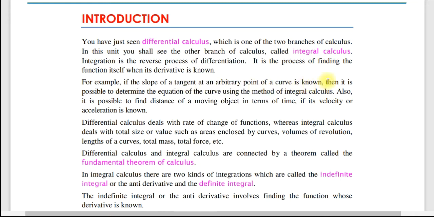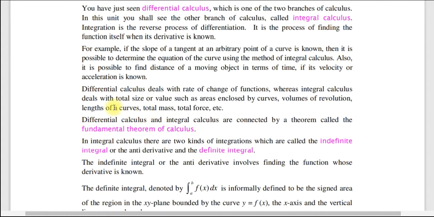For example, if the slope of a tangent at an arbitrary point of a curve is known, then it's possible to determine the equation of the curve using a method of integral calculus. Also, it's possible to find the distance of a moving object in terms of time if its velocity or acceleration is known. Okay, so differential calculus deals with the rate of change of a function, whereas integral calculus deals with the total size or value such as area enclosed by a curve, volume of revolution, length of a curve, total mass, total force, etc. Okay, እነዚህ ነገሮች ዲል ያደርጋል ማለት ነው ኢንተግራል ካልኩለስ። በዲፈረንሻል ካልኩለስ ግን ሬት ኦፍ ቻንጅ ኦፍ ፋንክሽን